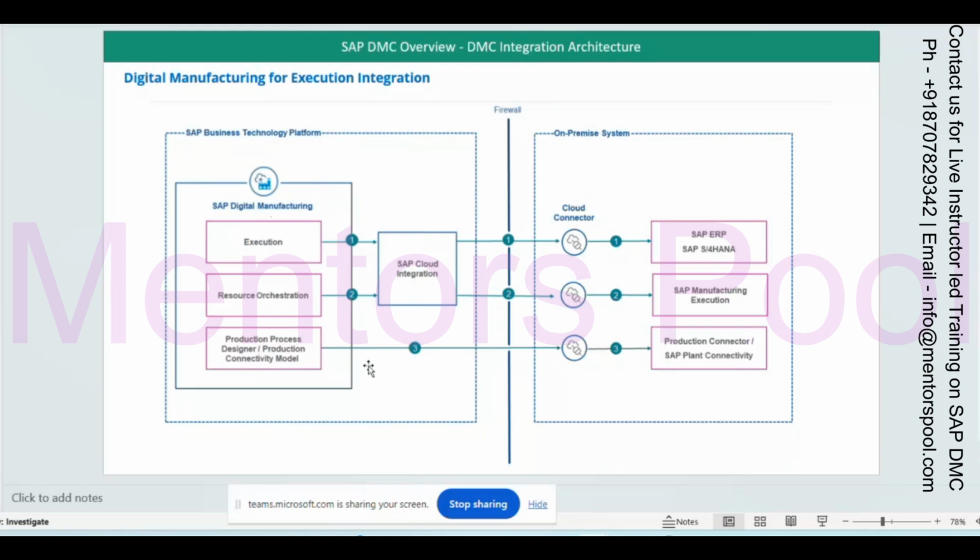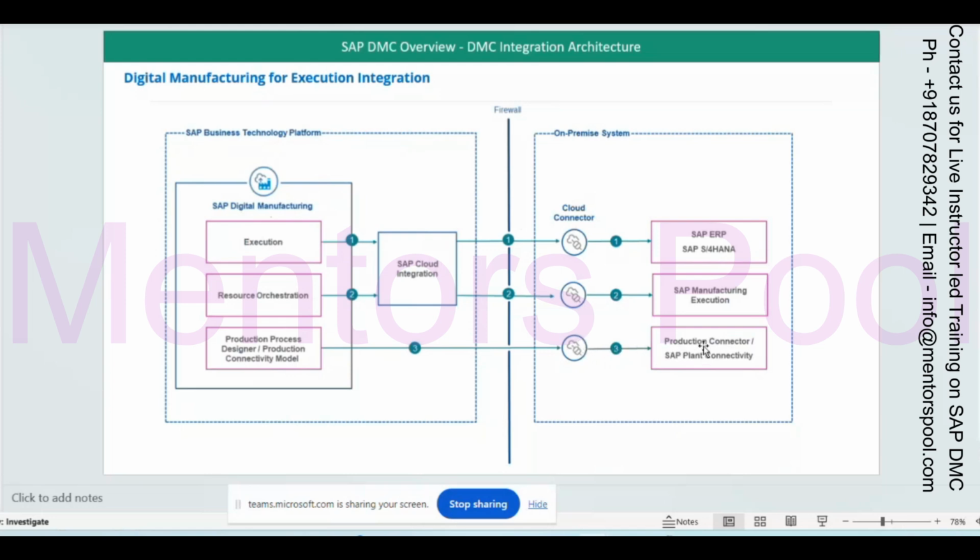With Pico, you can see you can directly use the cloud connector and connect to the DMC. In the case of Pico integration, cloud integration or CPI is not needed, because you are not going to do any modification or custom thing here.